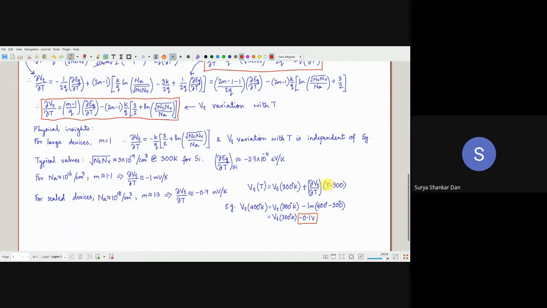Now, if we have increased the operating temperature from 300 to 400 degrees Celsius, now understand this. Immediately after this, I will start drawing certain curves, and this is going to be an eye opener for you when you are making circuit designs. If you are making a circuit without taking this VT effect into the picture, what is going to happen? You start watching a movie. In fact, many of you have seen this actually.